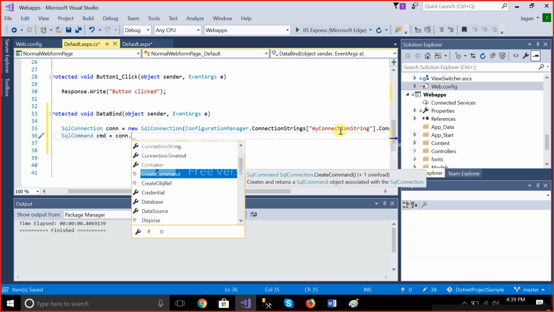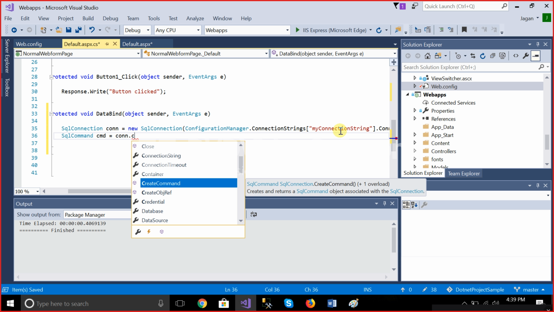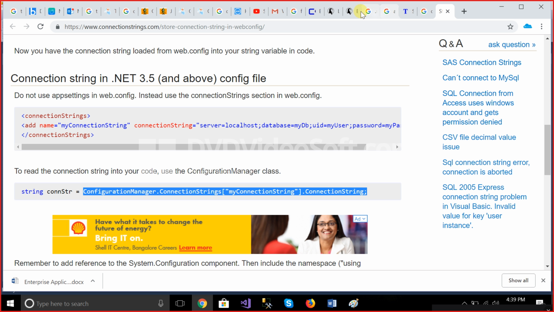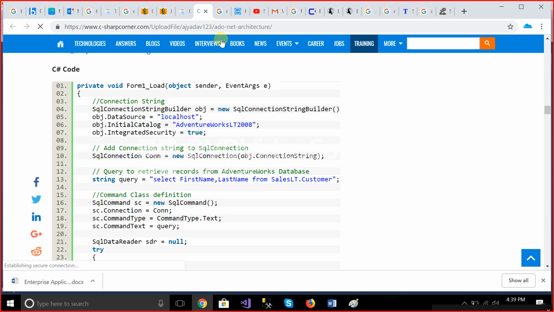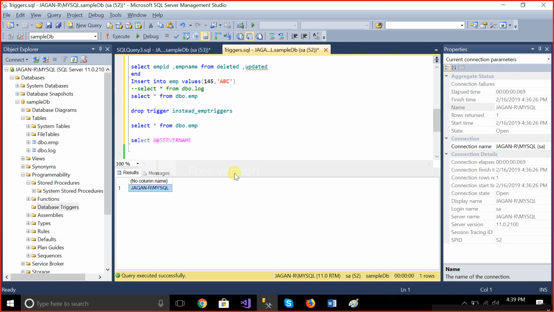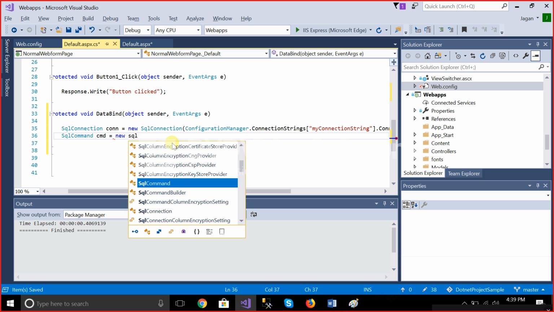So I have to create an object for this in cmd dot command text. This text I'm going to fetch, say, employee. Okay, and by default, if I'm not specifying command type,